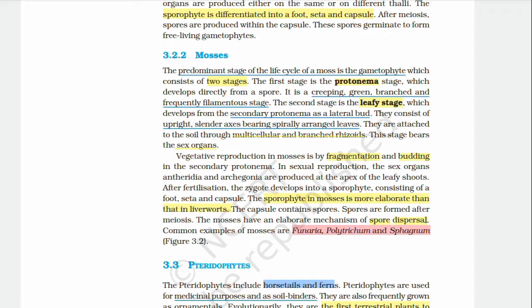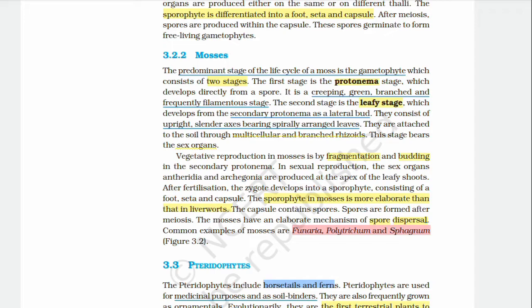In the first lesson we have seen, right, fragmentation will take place in protonema of mosses. So here it is. So protonema of mosses are creeping, green and frequently filamentous. The second stage is leafy stage. This leafy stage developed from the secondary protonema as lateral bud. So here you see spores, from spores protonema, from protonema secondary protonema, from secondary protonema a lateral bud, from that